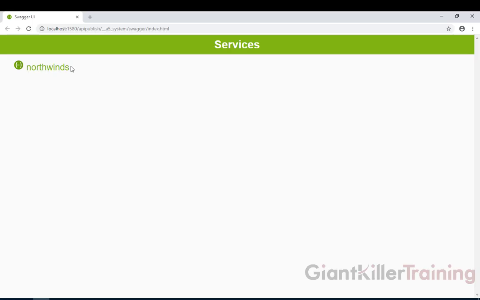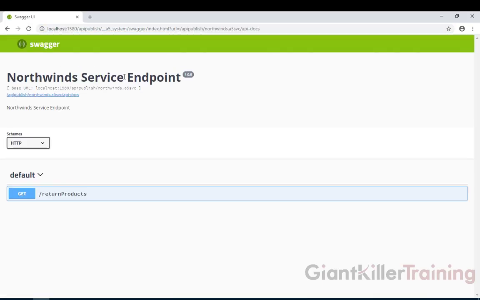And now you'll notice that it opens up in our default web browser our test page. So you'll notice we have our server here and the index page that it's published. So to do it, you'll see right here I've got Northwinds. I'm going to click on that. And this shows my Northwinds service endpoint. Now, very important, notice the base URL here. This will become very important because this shows me exactly where I call to exercise this service when published on my local machine. You'll see this looks identical to that test environment we did before,